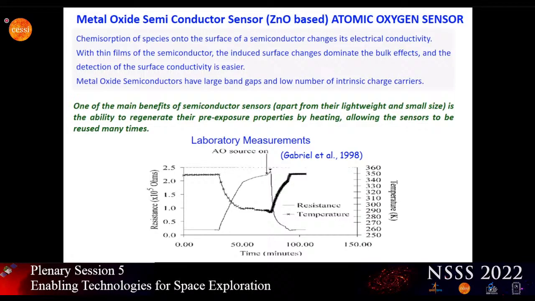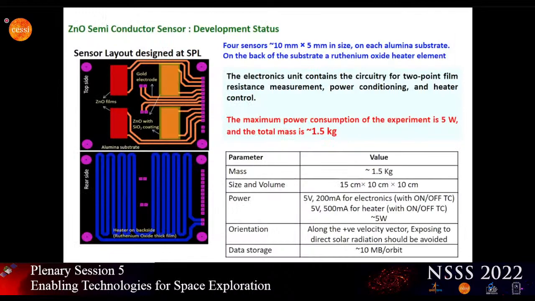The change in resistance associated with the atomic oxygen exposure is the one which can be used to quantify it. Essentially, what you have to measure is the conductivity. So the sensor layout is shown here. One will be zinc oxide film here, and then an equivalent film, but it will be coated over that with